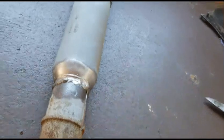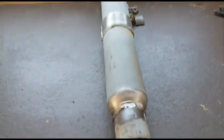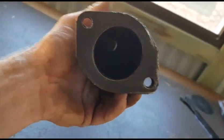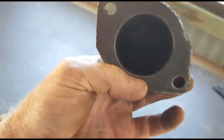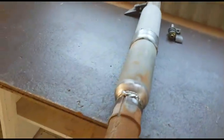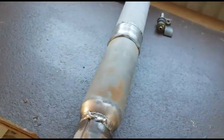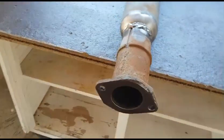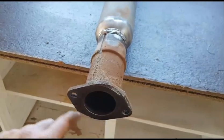Okay, I don't know if I was out of the shot then, but I've gone ahead and cleaned up the base of that where it mounts on. We'll make a new gasket. I've got some exhaust gasket. I can cut a new gasket out because it just had JB Weld on there. It was the high temperature one, but without that gasket, it's probably not going to seal all of that well. But we will put some extra JB Weld back on there when we put the new gasket on,